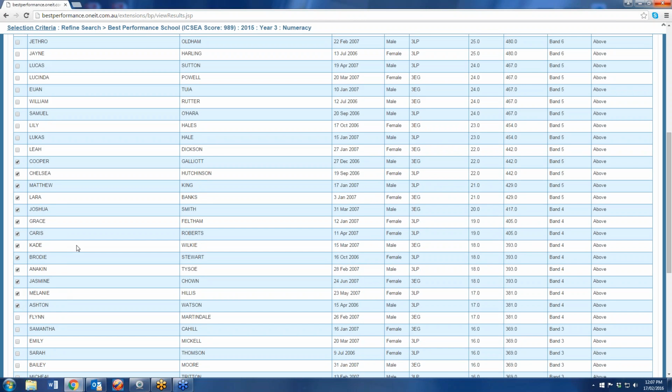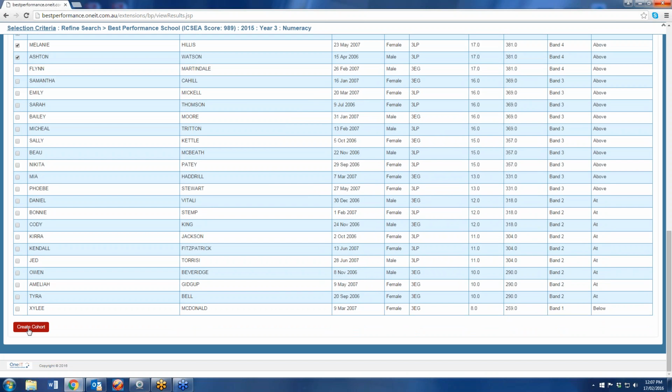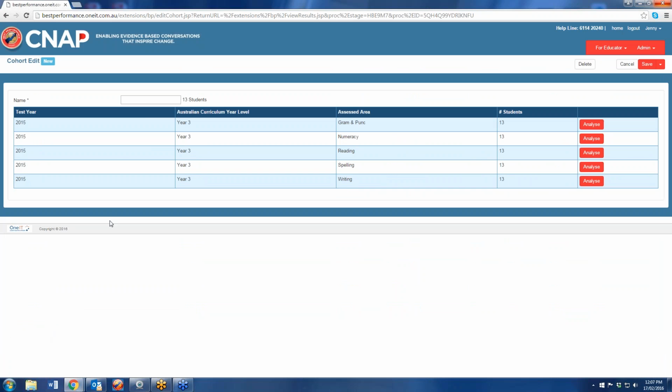So let's create a cohort within a cohort. We're customizing this group of students. So I've clicked on them. I go down to create cohort, which is the bottom button on the left. Create cohort. Okay. Automatically, what you need to do is label that.